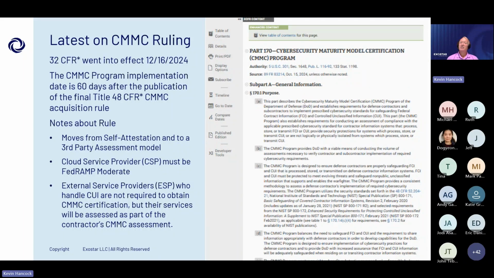Now, the one thing we're still waiting for is the 48 CFR. This is the actual acquisition rule that would put CMMC language into DoD contracts. That's still in the process. So when people start to talk about CMMC and when it's going to take effect, that's the one final piece that we're waiting to be implemented. And once that goes into effect, 60 days after that publication date, we'll start to see CMMC language start to